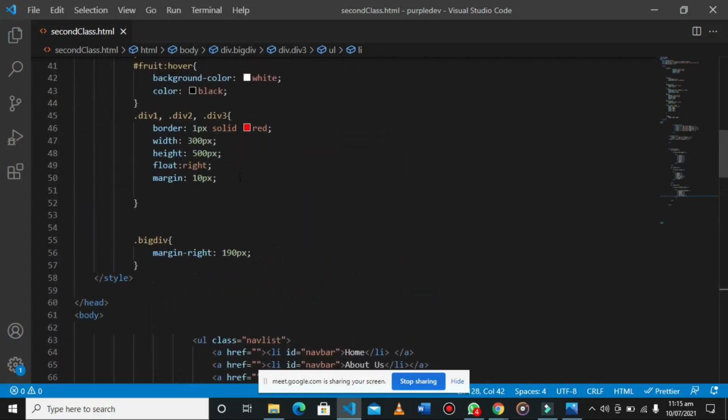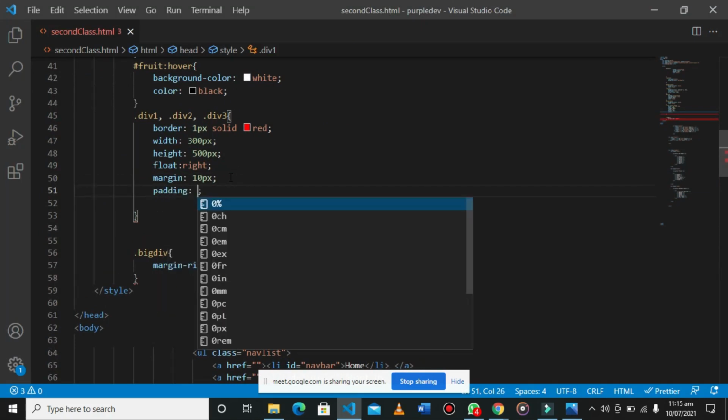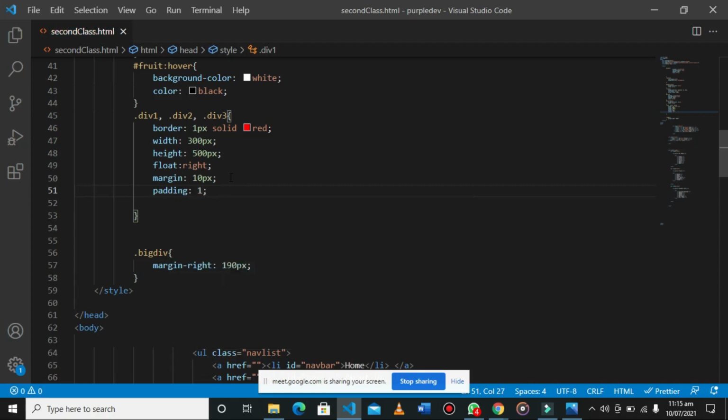So you go to the div particularly. Now the good thing is we already packed all the divs together, so you can easily put a padding. Now I'm going to explain another thing about this padding 10px. So when you put padding 10px,